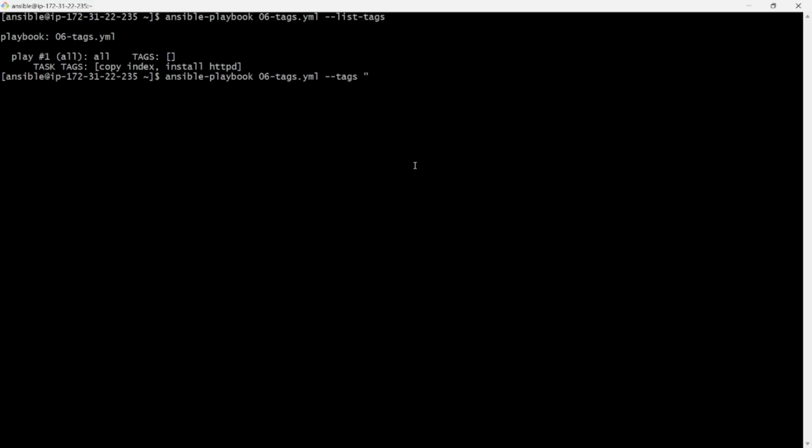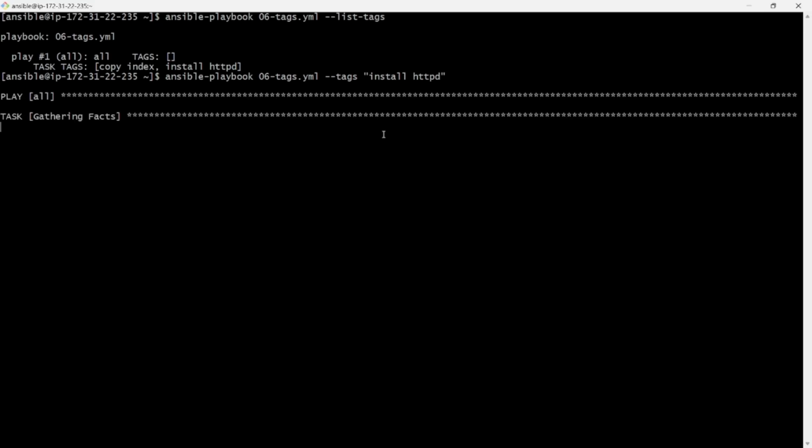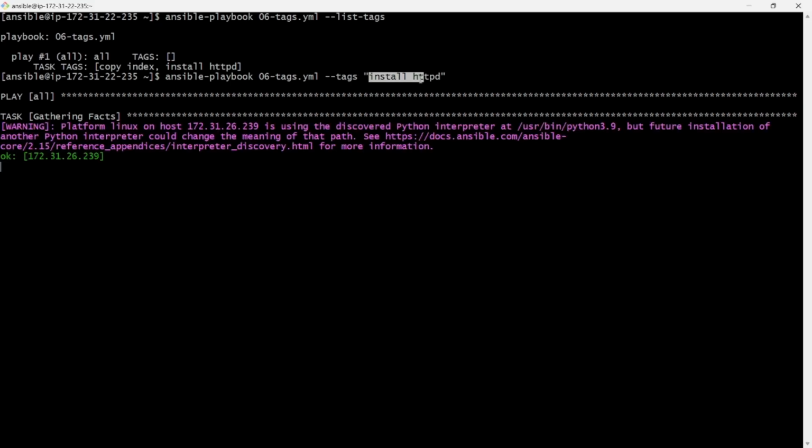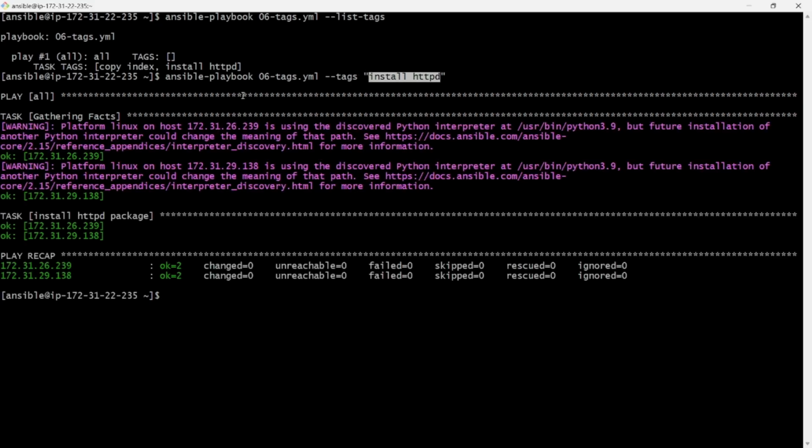Then suppose we have install httpd packages, so I'm going to install only this package. Then we just enter the tag name, and execute by the tag name. I just mentioned my tag name here, and you can see the install httpd packages